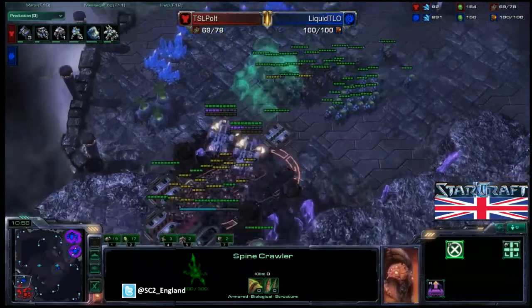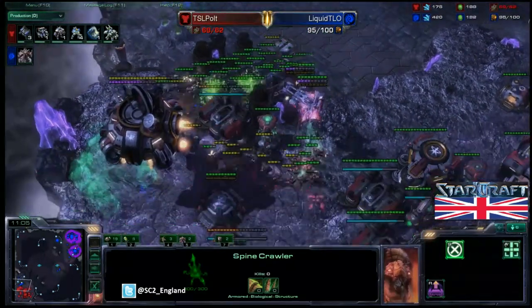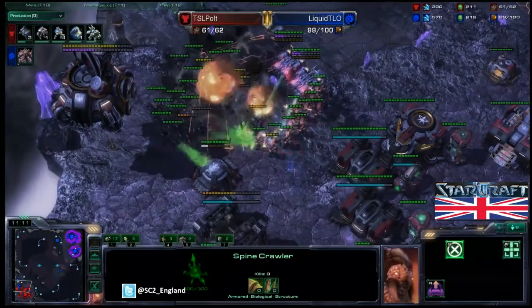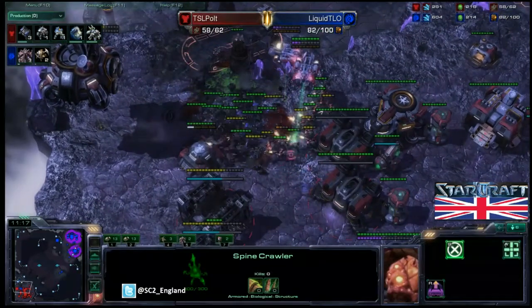And this is the worst possible time for Plot to move out. Quickly running back is going to have to stop that orbital moving in. And the supply depots aren't down, so huge damage. That barracks is going to go down as well very, very quickly, which will massively reduce the amount of Marines that can be produced. There's a bunker there, and great micro on the Marines there, but there's just so many